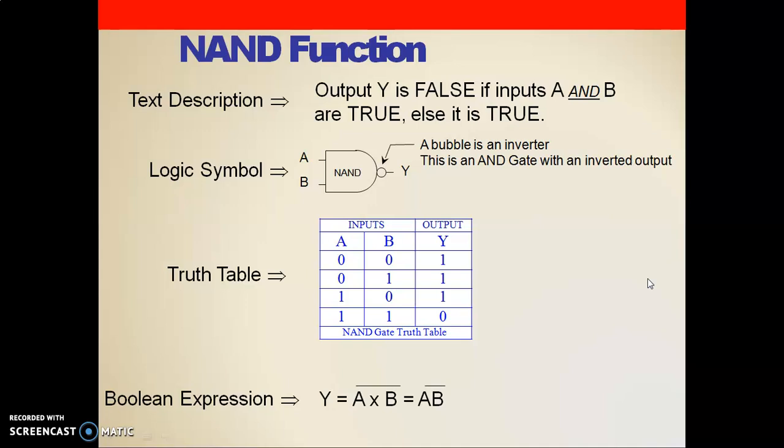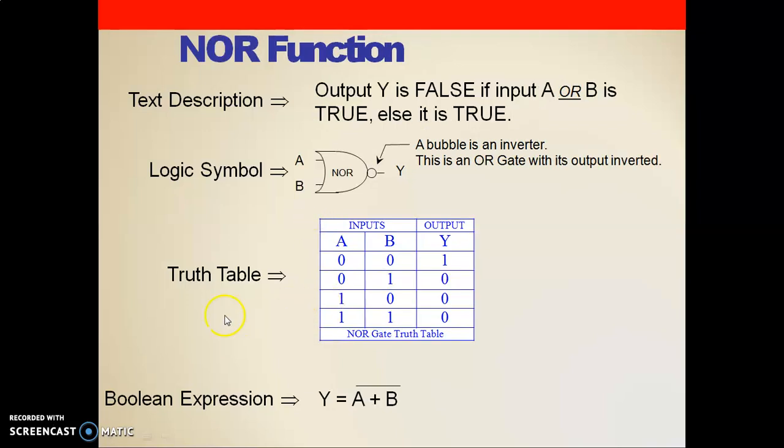Next is the NAND function. NAND means what? It is just the inverter of the AND. This bubble is nothing but the inverter. Whatever the truth table of the AND gate, the output of the AND gate just gets inverted to get the NAND output. See, in the case of the AND gate, 0 into 0 is 0, but in the case of NAND, the output is 1. That means 0 gets inverted to 1. Just like this, operations get performed.